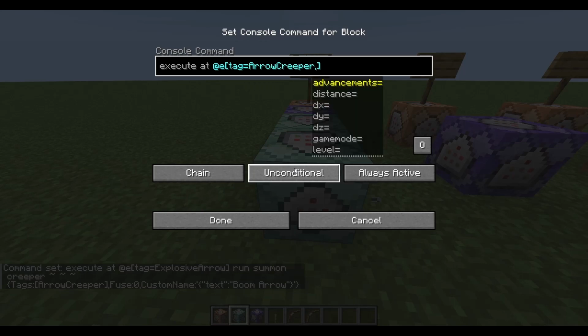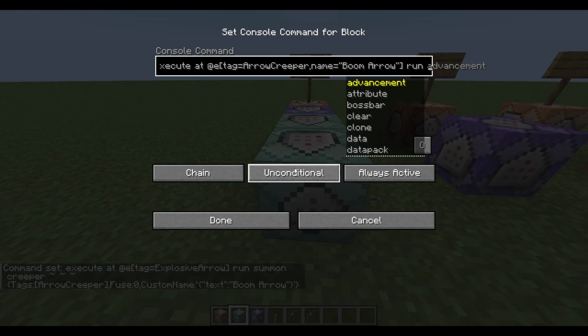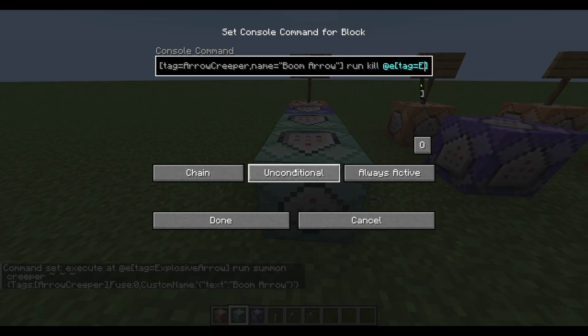You could also, if you wanted to, just use its name, boom arrow, but like I said, you can just use a tag. Tags are definitely really simple for me, but it sort of depends on what you're working with. So it will kill tag equals explosive arrow